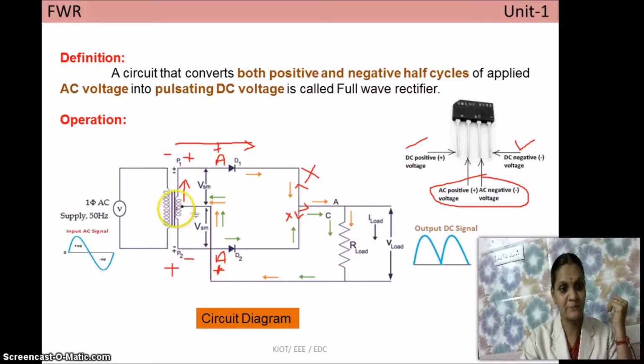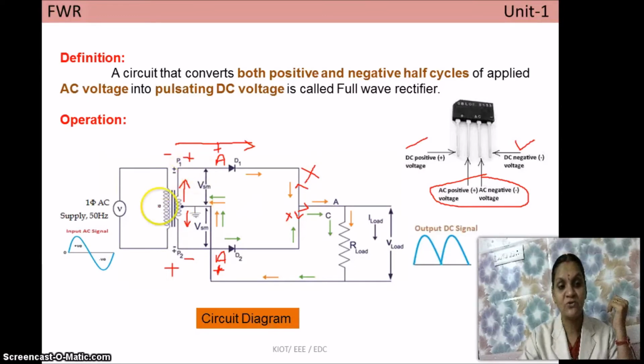and again it is closing in this way. The current starts from this direction, moves in this direction, and again it closes in this direction. So here also the rectified DC current flows through the lower half of the transformer secondary, and this may also lead to DC saturation losses.